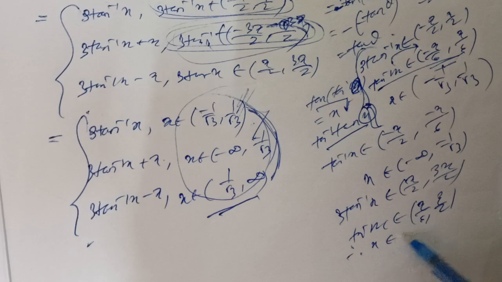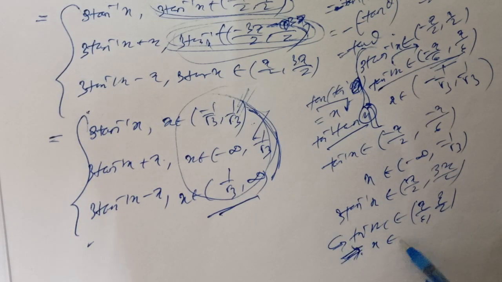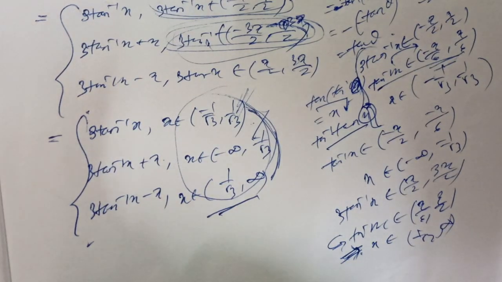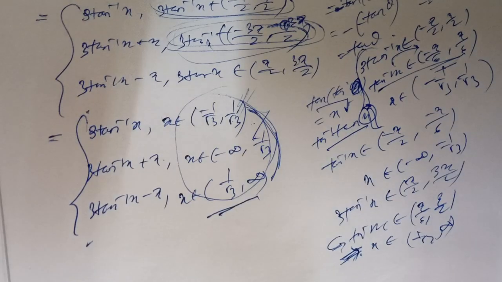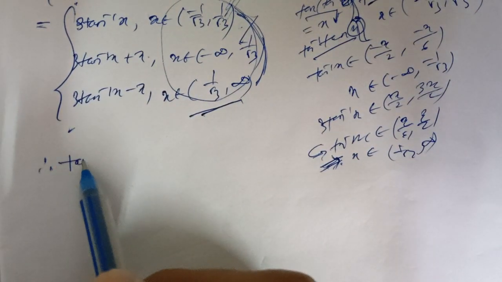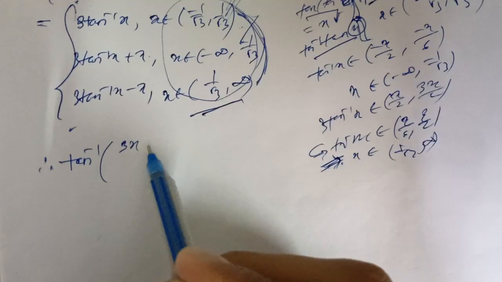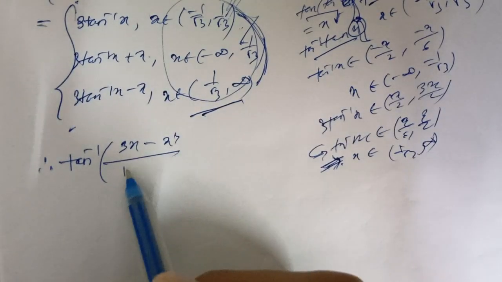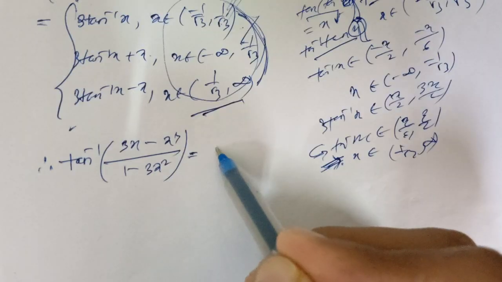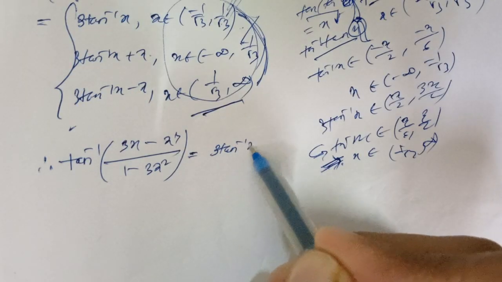Therefore, this implies, which is a better thing to write, that x will belong in the interval of 1 by root 3 to infinity. Okay. Therefore, basically, tan inverse of (3x minus x cube) divided by (1 minus 3x square) is equal to 3 tan inverse x